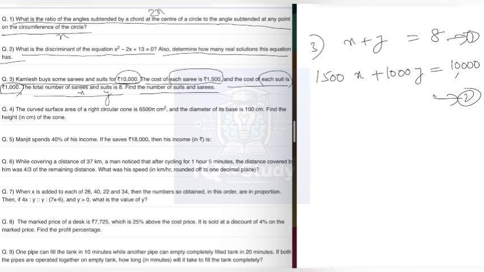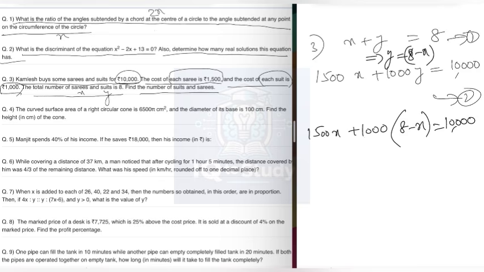Let's substitute equation 1 in equation 2. 1500x plus 1000 into, from equation 1 we can write y is equal to 8 minus x. So it is 10,000, which implies 1500x plus 8000 minus 1000x is equal to 10,000 and